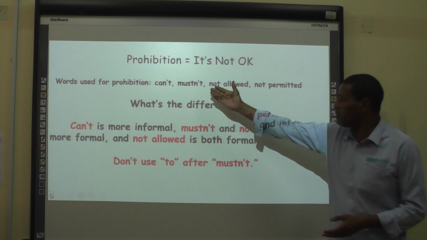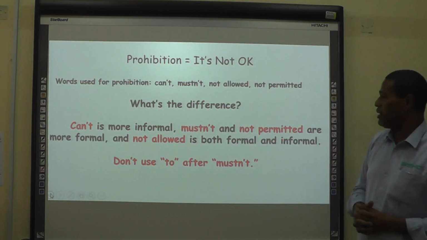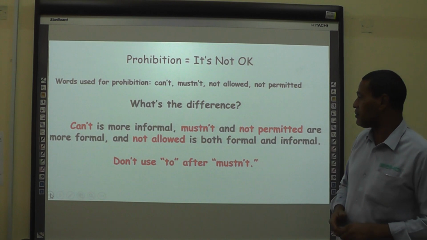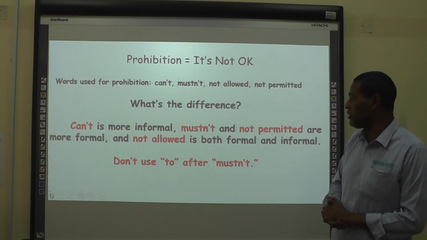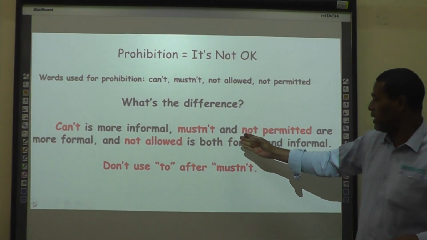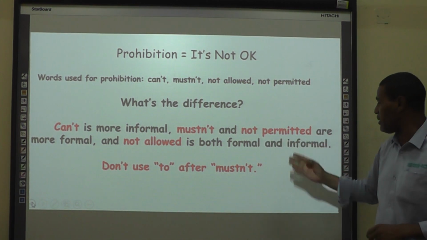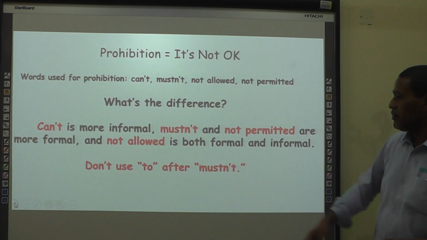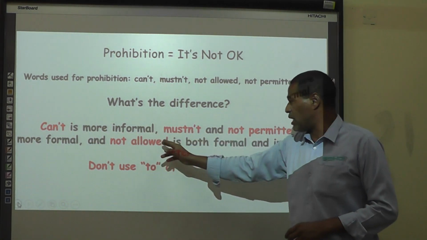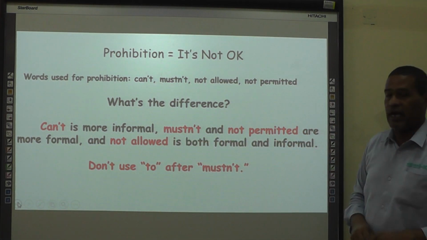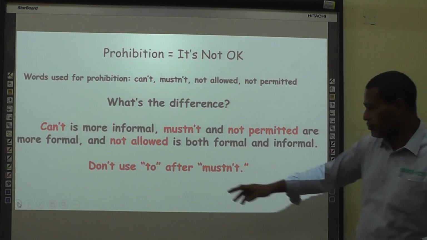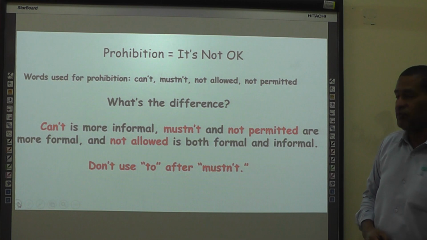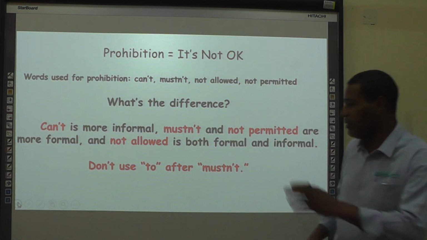But what is the difference between them? Can't is more informal, while mustn't and not permitted are more formal than can't. And not allowed is both formal and informal. But remember, we don't use to after mustn't. Okay, look at